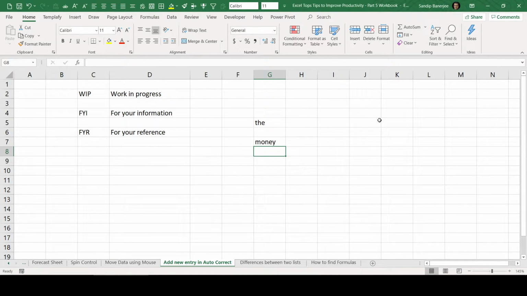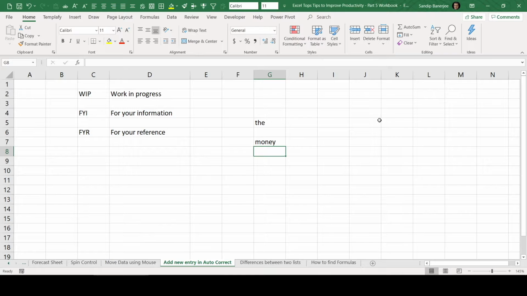So this is one of the very important features within MS Excel, and it's not only within MS Excel. All these mistakes and correct spellings are already stored within Microsoft Office, and all of the Office products are using the same set of data, and whenever you miss some spelling, it will correct automatically. Now we can also use this particular feature to our benefit.